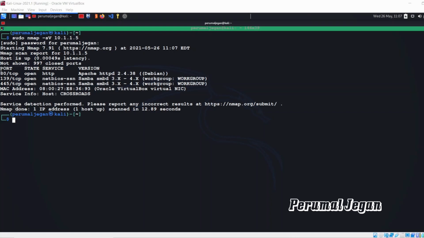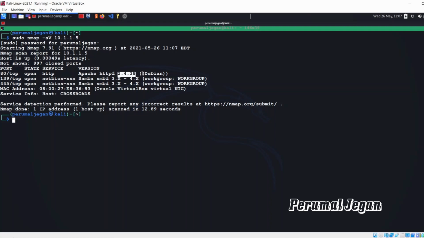Now here we are. We received the output. Earlier there were 3 columns up to service. Now an additional column is added. It shows the version. Actually, I'm running the web service on Apache Web Server, which is the web daemon, listening on port 80, and the version is 2.4.38.